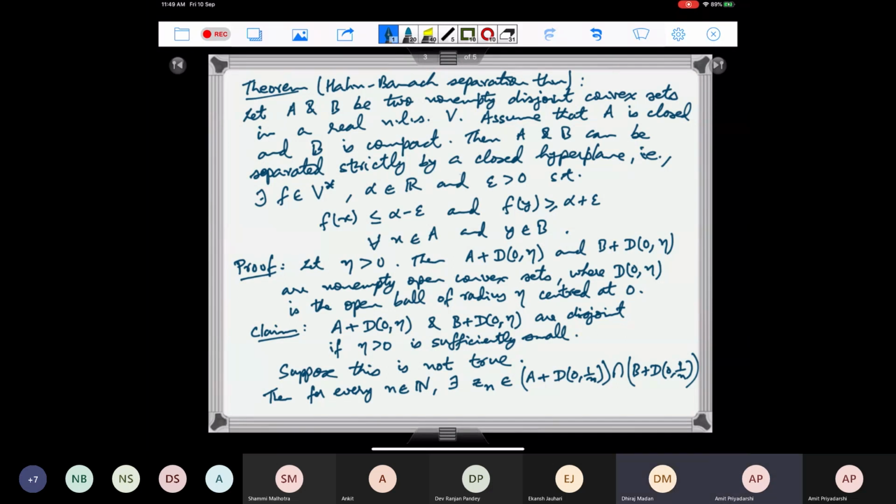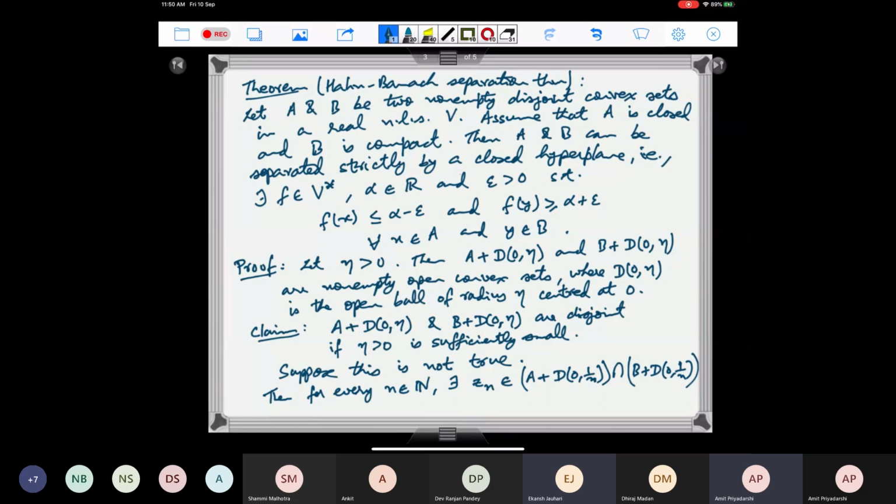You can try and write your proof and see whether that works here or not. Whether we can separate, so how do we prove that that will be convex? Exactly. So that is why we want something of this form, A plus an open ball, right? We don't want just any neighborhood. We want a neighborhood of this form. We want open and convex sets, right? So that is why we have done it like this.